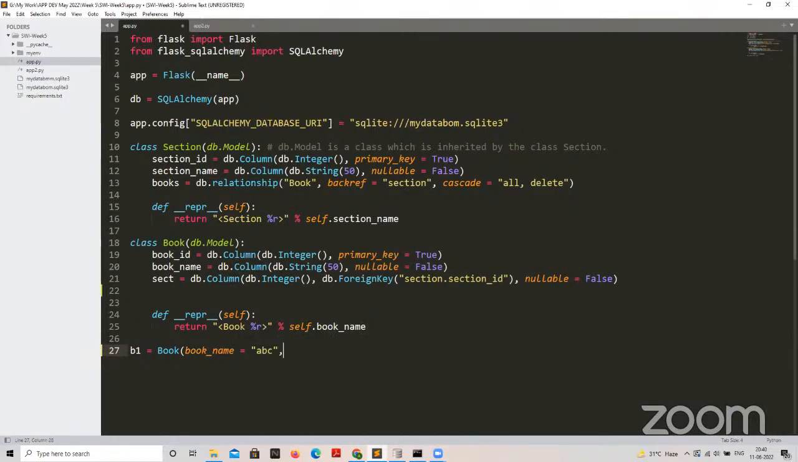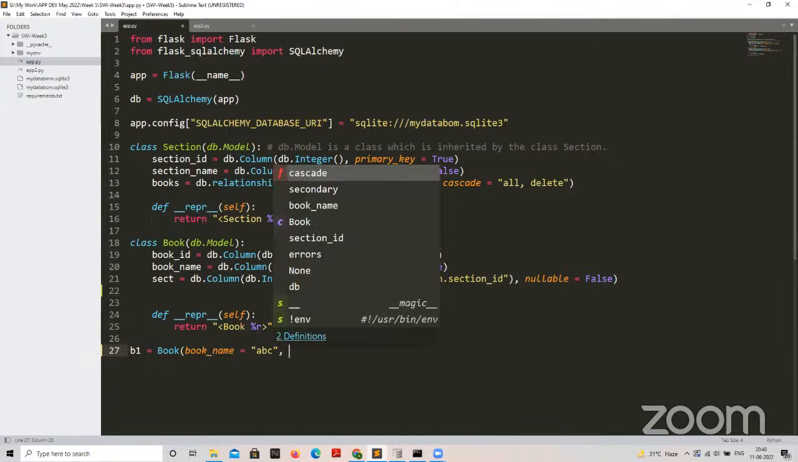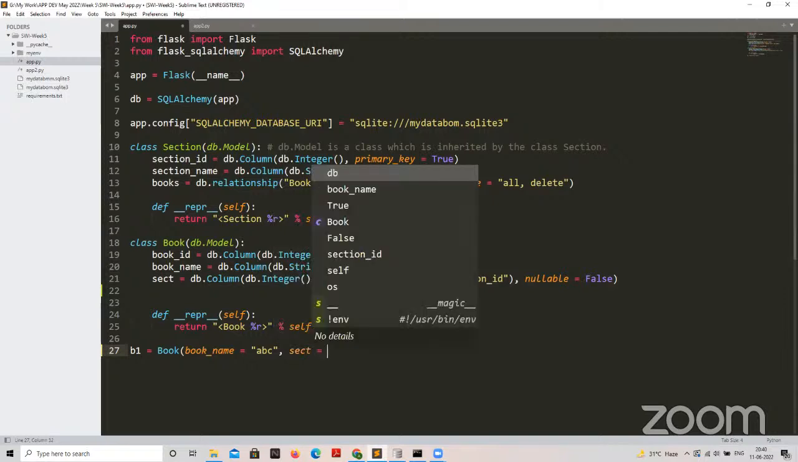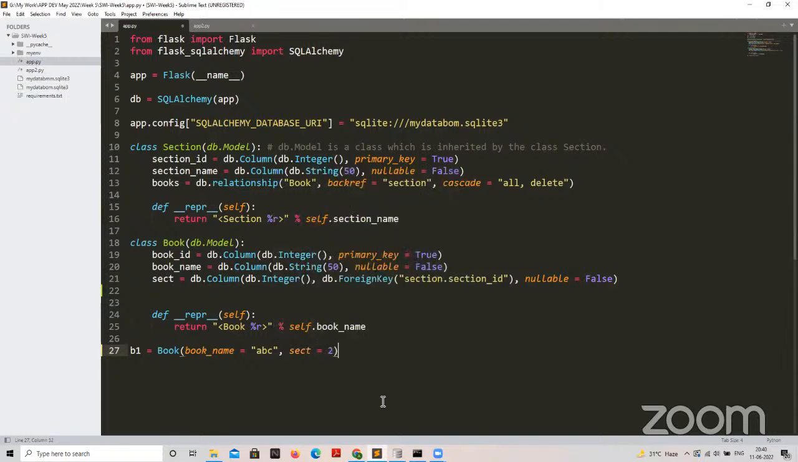ABC. The next thing I need to provide is the section that I want this book to go to. Right. So I'll either provide the section and then give the primary key of what section I want. For example, I want this book ABC to go to section 2. Okay, I will provide it this way, right? But